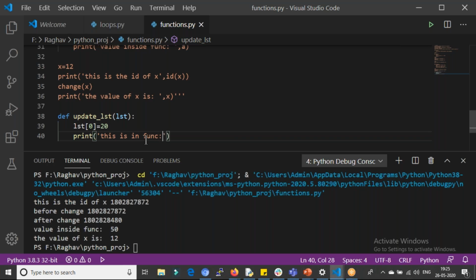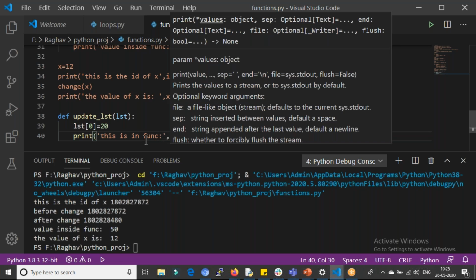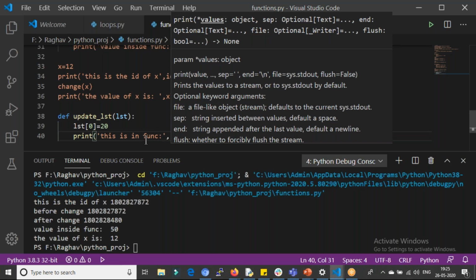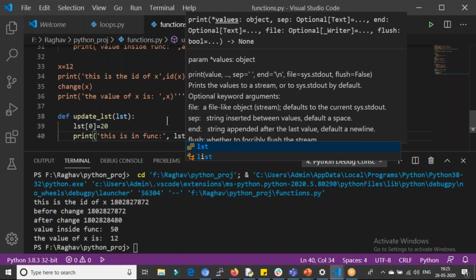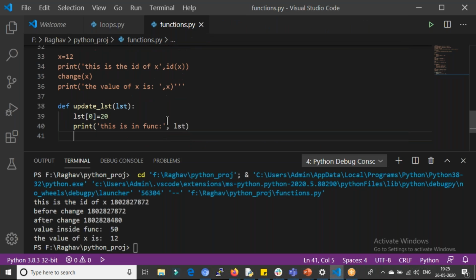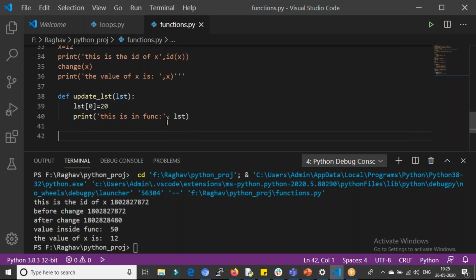Let's take this, and now I'll print list. Now let's go out of the function. I'll define the list over here. I'll say numbers.